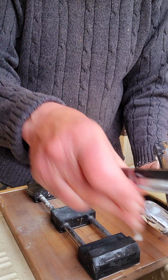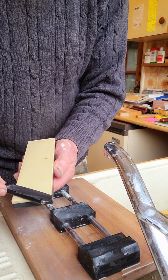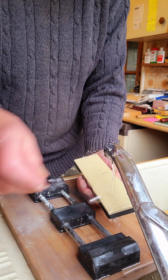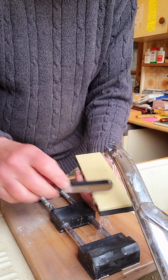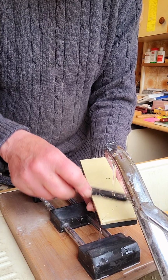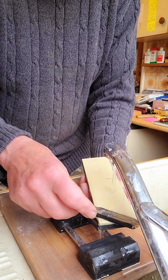Right, that's the light slurry gone. Wash it all off. So we're now just purely, as we were on the other one, back to just doing a few laps with water on the stone, but the real test for me is going to be running water. Let's feel how. Ooh, starting already. That is starting to stick very nicely. A nice sticky feel. I think this will probably do, and then I can leave you in peace and not bore you